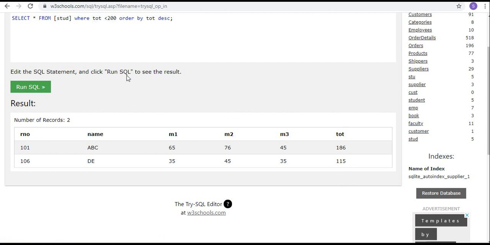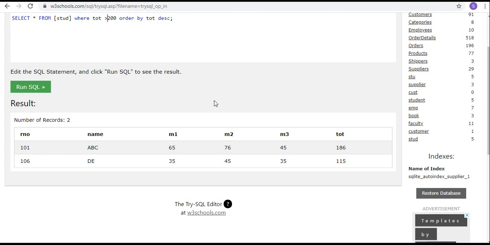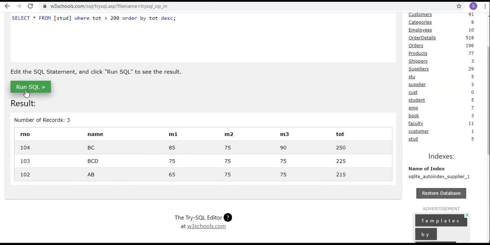So if you want to use both, hello. Is it okay now? Have you got updated?